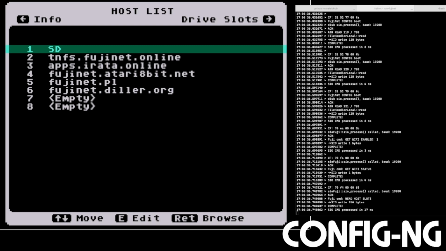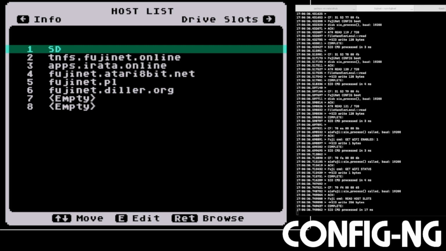configuration app. One of the things in the latest release, the 1.3 FujiNet firmware release, which came out just about a week ago, is that in the FujiNet configuration file, a file called fnconfig.ini, you can specify an alternate file name, and it will boot that alternate file as the config instead of the standard configuration file. So it's basically an easy way to play around with this config ng and load it up instead